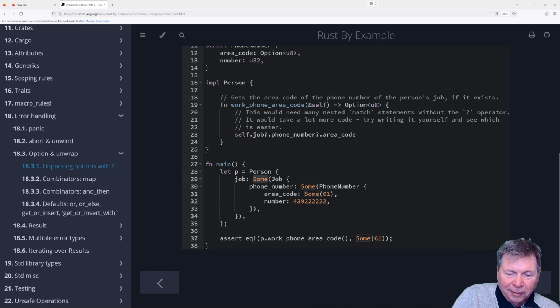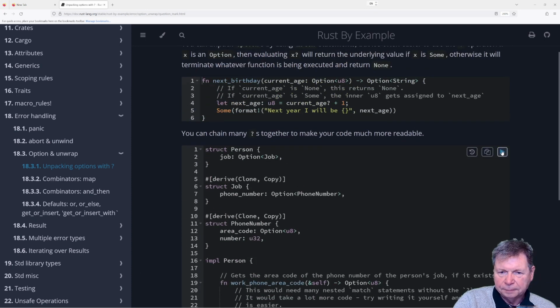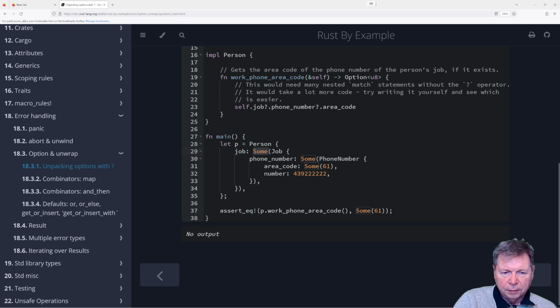So, the question is, why do we have to wrap our object in Some? Wouldn't it just work? All right, let me run this. Okay, no output. Okay, fine.